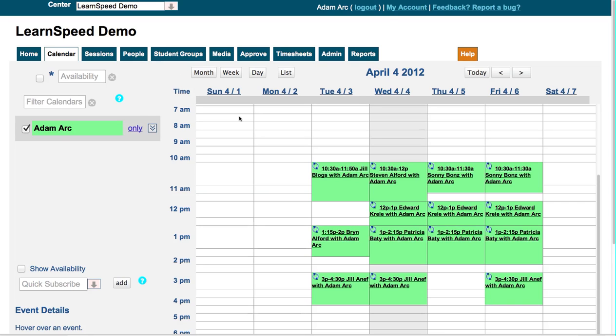So here we are on LearnSpeed, logged in as Adamark, an instructor for the demo center here, and we have him with a relatively full schedule here, Tuesday through Friday. And of course, a full schedule is great as long as the individuals involved can remember that they actually have to attend that event. And so towards that end, LearnSpeed has a number of notification features built in to remind